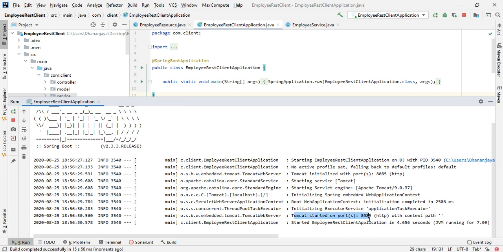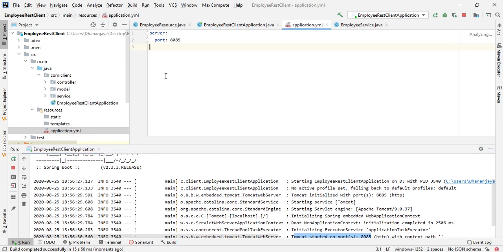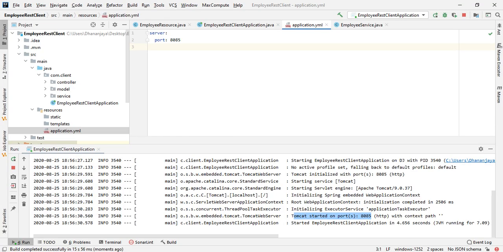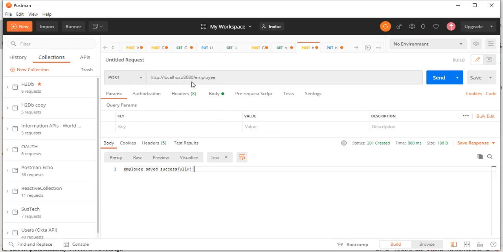Tomcat started on 8085 port, because in the application.yml file we have given the port as 8085. So let's go ahead and try to insert one employee. Instead of 8080, we'll give 8085 here, and employee-client. Internally, it will call 8080 and the employee URL.